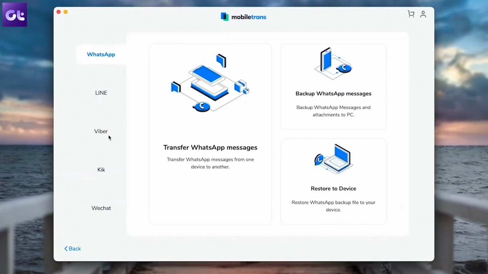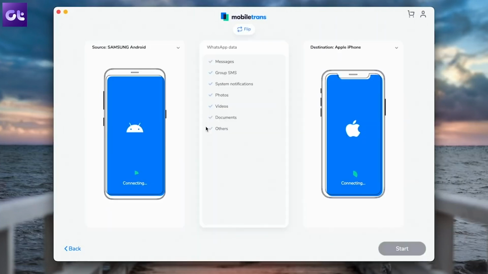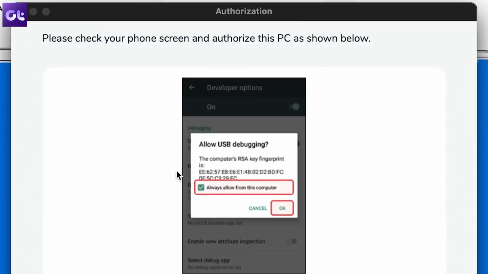Now to do that, first connect both your Android and iOS devices to your PC. Now for Android, you'll have to enable USB debugging. For iOS devices, if your computer is a macOS device, then it's not going to be a big hassle. But for Windows, you'll have to install iTunes. Now one thing that you have to ensure here is that iTunes should just be installed basically because you need those iOS drivers on your PC, but iTunes should not be running in the background. If it's running, then your Wondershare app will not be able to properly detect your connected smartphone. So ensure that the software is just installed, but it's not running in the background.